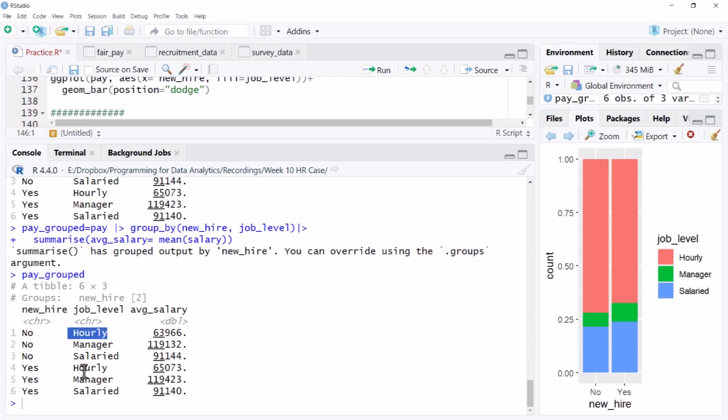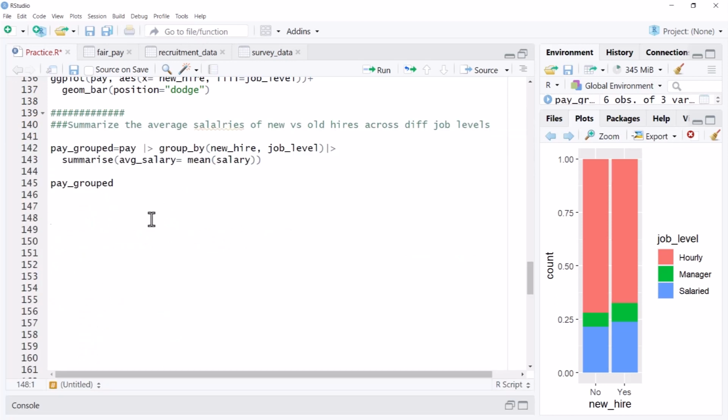So if I look at hourly wages, compare them with the new ones, there seems to be some increase. If I look at managerial level employees, there is a slight increase. Whether it is statistically significant or not, that needs to be seen, but almost similar, a little bit higher. Look at the salaried number, almost similar, in fact, a little lower. But the increase is particularly sharp for hourly wages. So probably that one point may explain a few things, but we need more statistical inferencing and some visualization to make stronger claims. So before going to the statistical testing, which will give us solid evidence,